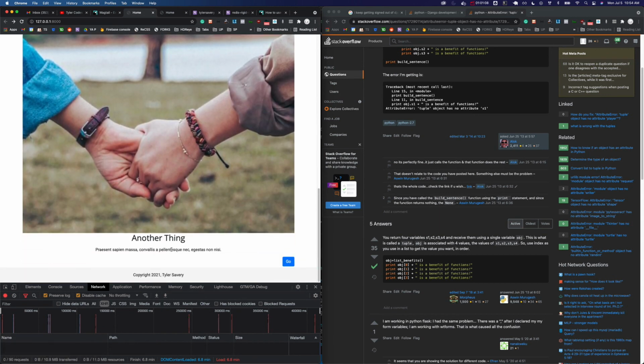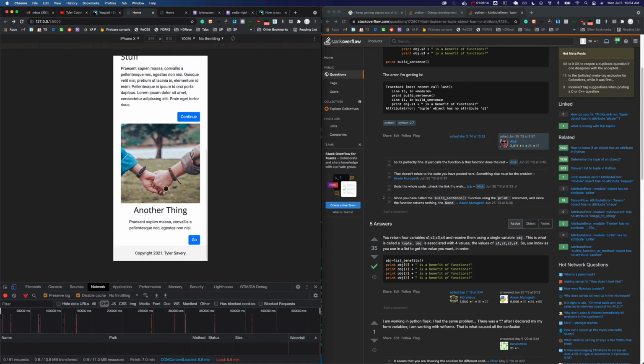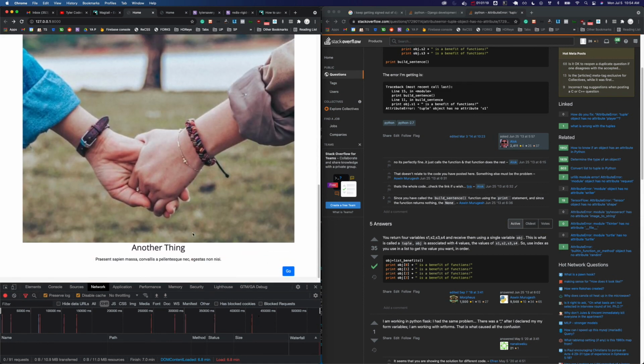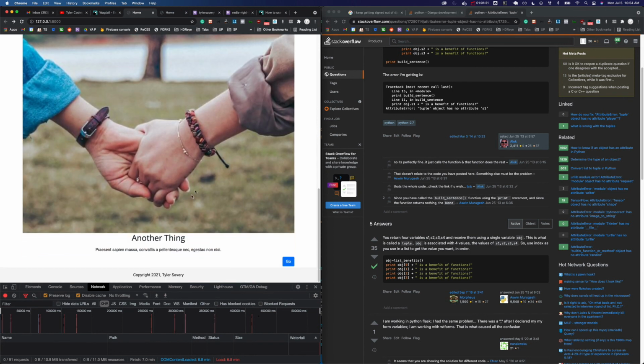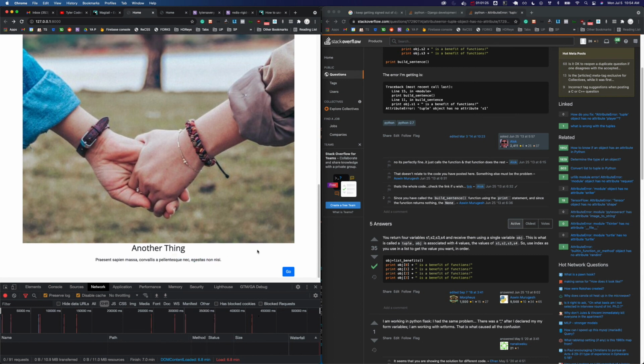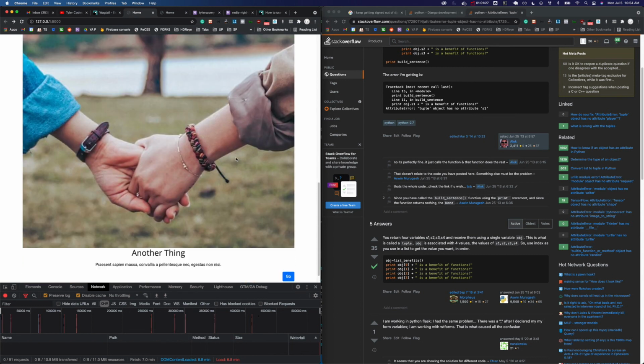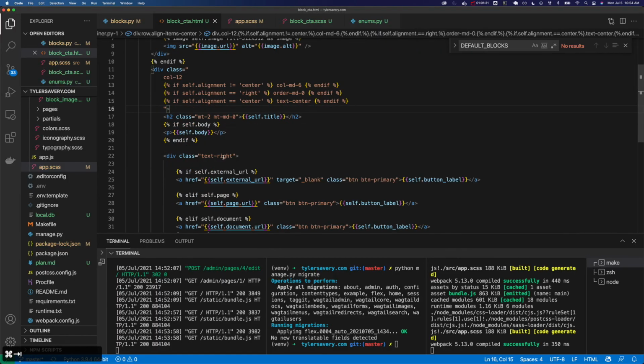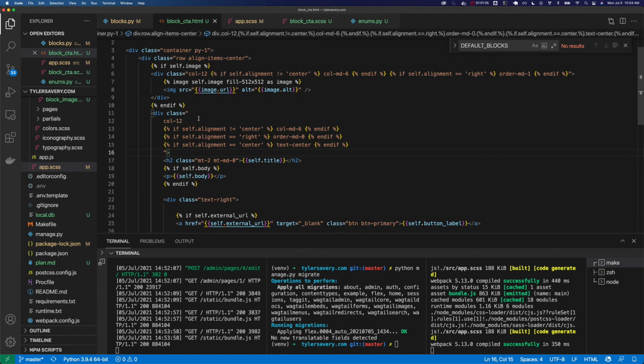Now we might decide, well, let's see how it looks in mobile. Yeah, that looks totally fine in mobile. So I think we're good. We could decide that we actually want the image to be above or below or that kind of thing, but I think this is totally fine. I might not ever use that one, and if I do, I'd probably want to adjust some things. For instance, also, where was this? Yeah, we have this